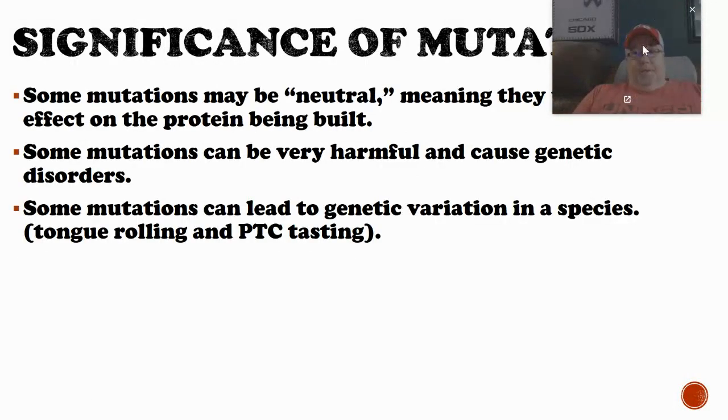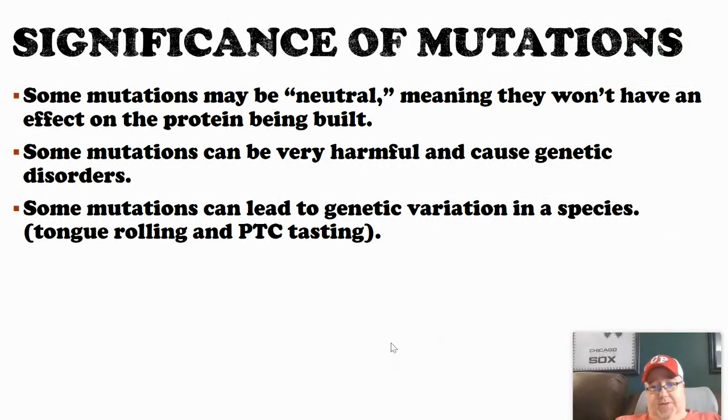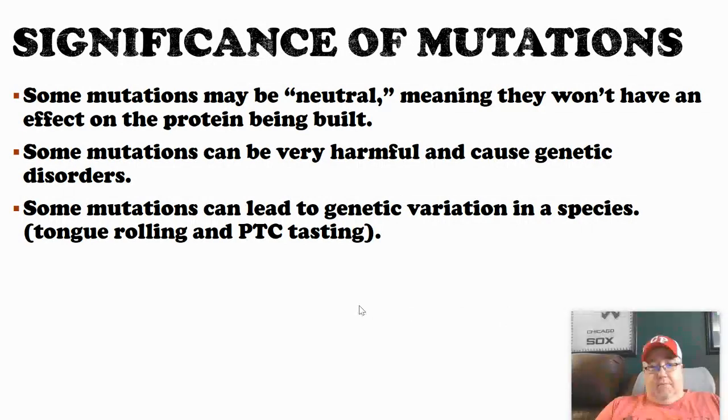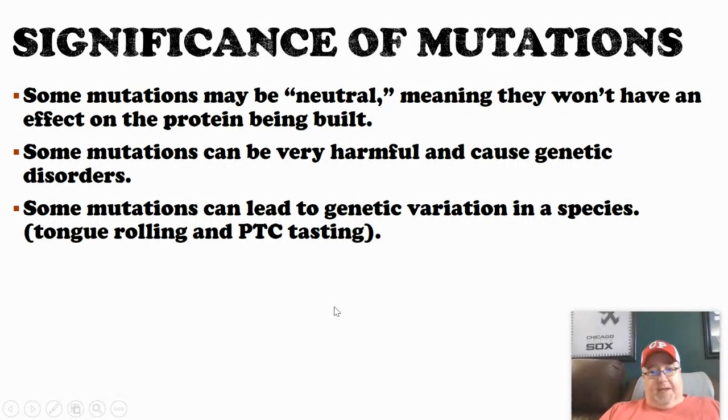All right, so the significance of mutations. Obviously, this can result in certain genes being expressed incorrectly. Big mutations like chromosomal mutations and numerical mutations can end up with multiple genes being impacted, multiple proteins being impacted. But I'll be honest, some mutations are neutral. Some mutations can occur and they don't really impact the organism very much. They just lead to variety. A really good example of this